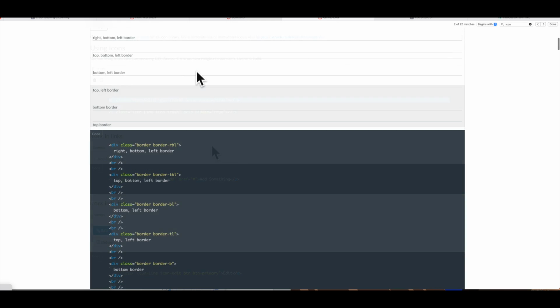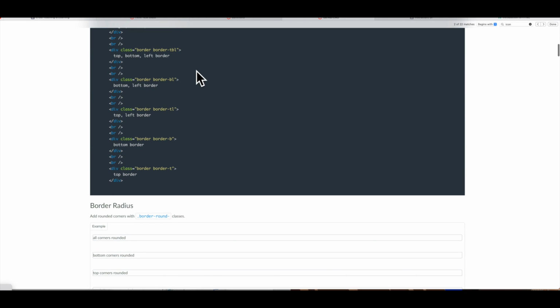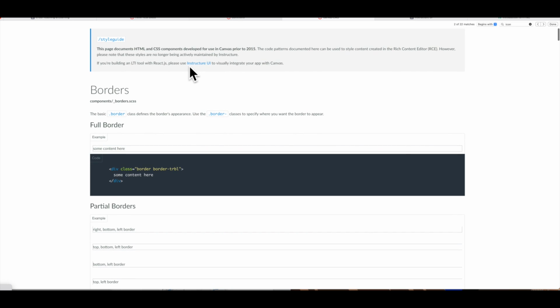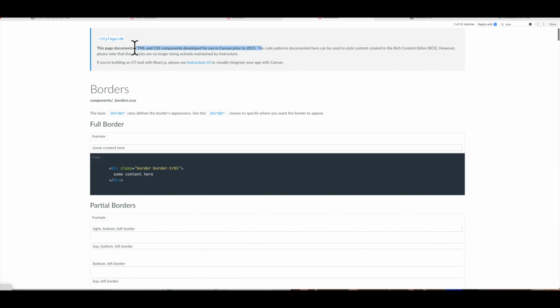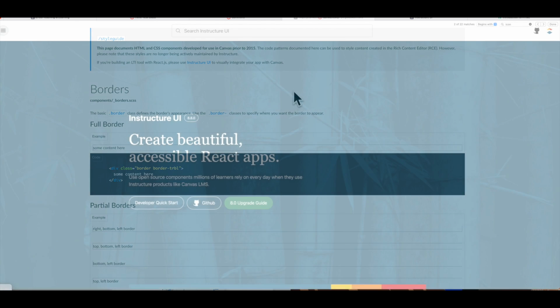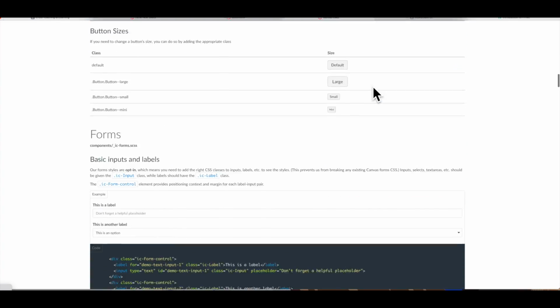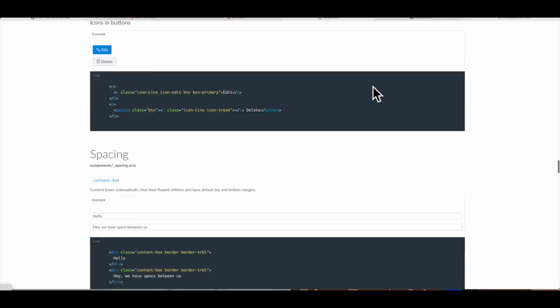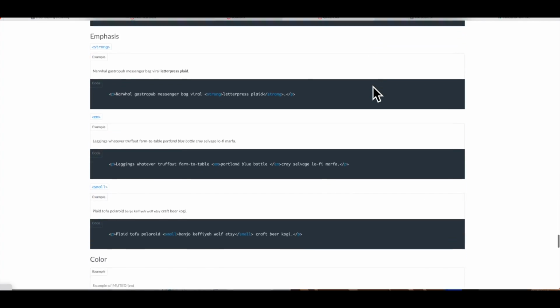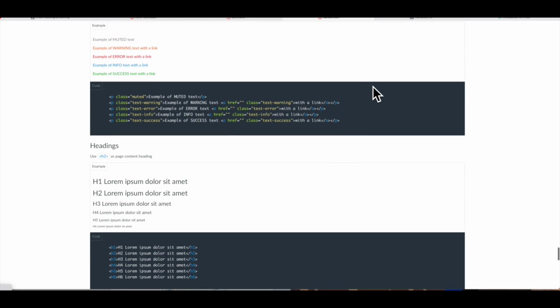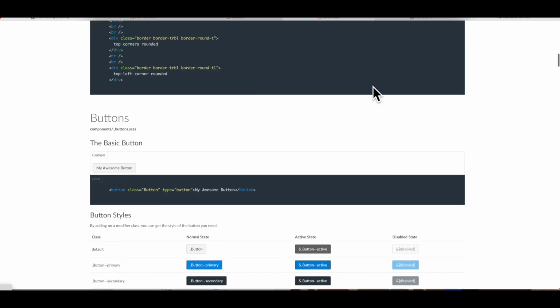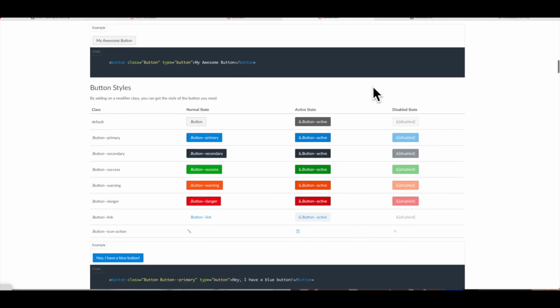So there's something I want to mention, actually, I should have said at the beginning: if you go to the top of this, you'll see that a lot of these style components were created prior to 2015, and they're not actively maintaining these any longer. I think that just has to do with coding, and a lot of the conventions have changed over time. So you may discover that some of these on the list will not work. I haven't tried them all. Again, I know the icons do work. If you discover something that doesn't work, you either have to find another way around that or find some additional